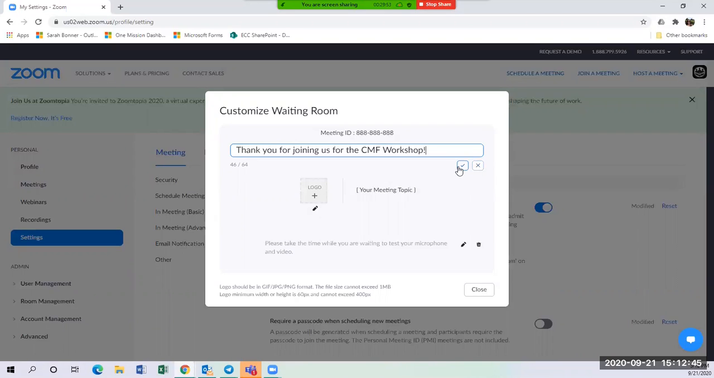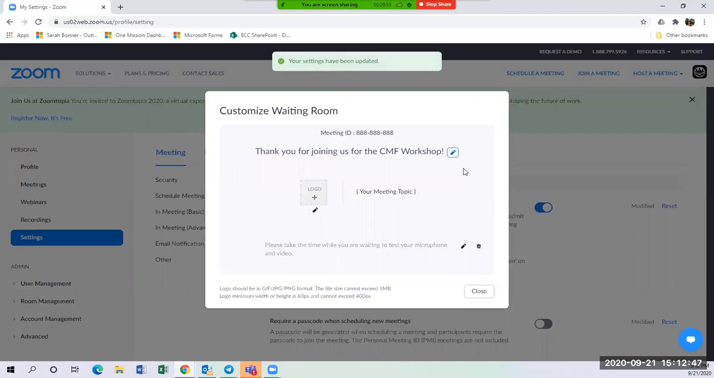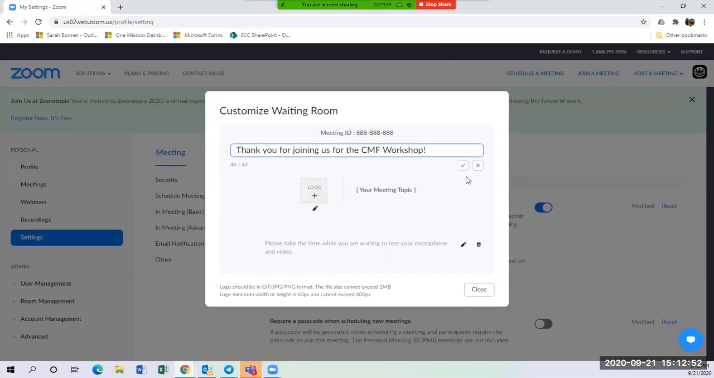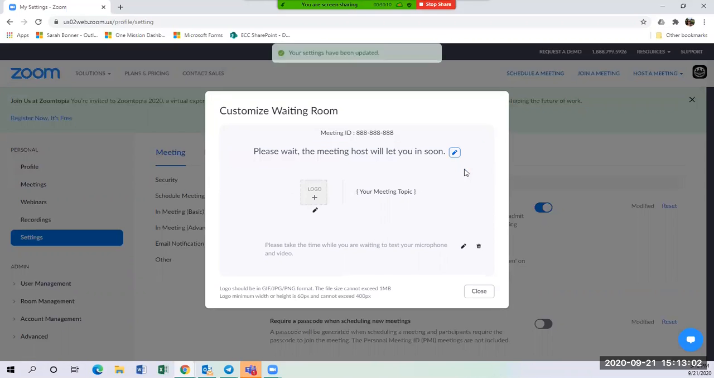Once you type it, you'll want to make sure to hit the check mark to save it. Otherwise, it does not save. You can type something in and choose the X, and it will revert back to whatever it was before. If you want to go back to just the general message, you'll delete what's there. Make sure to save it, and it will go back to its original